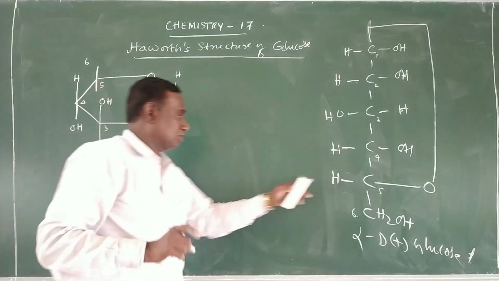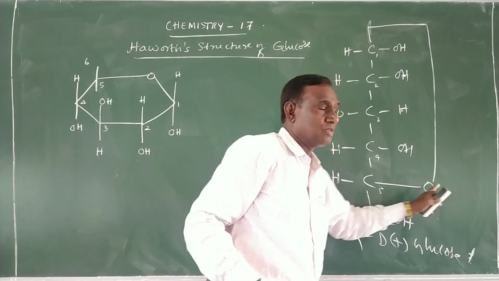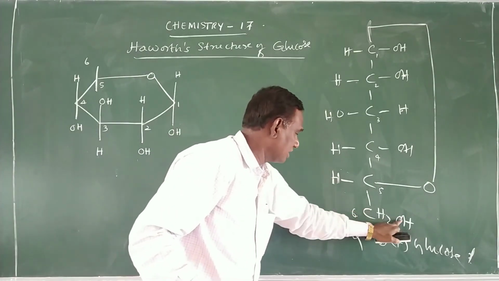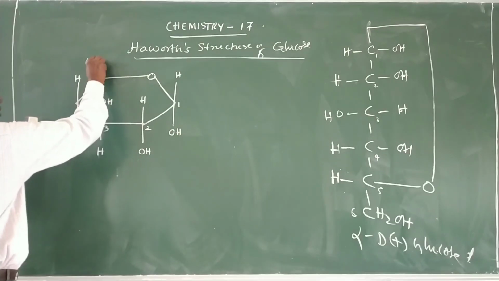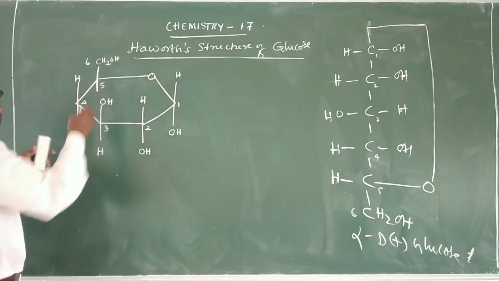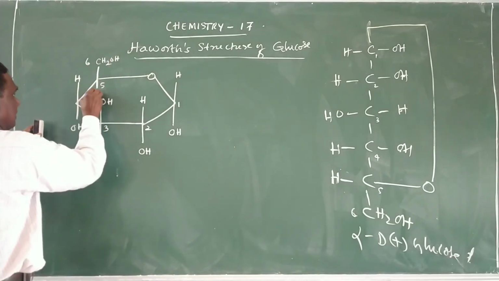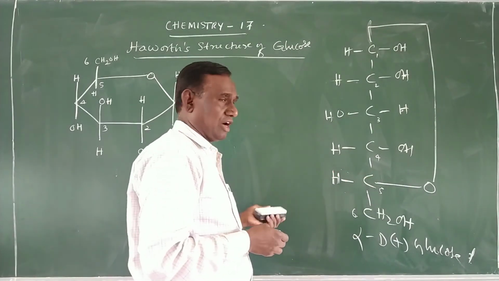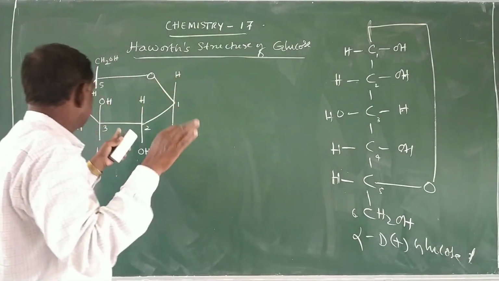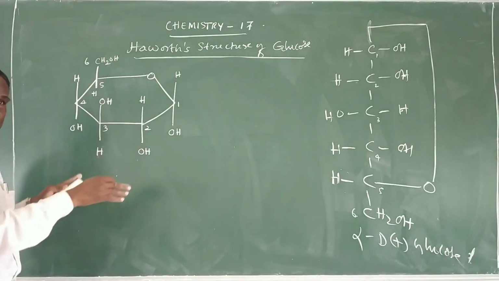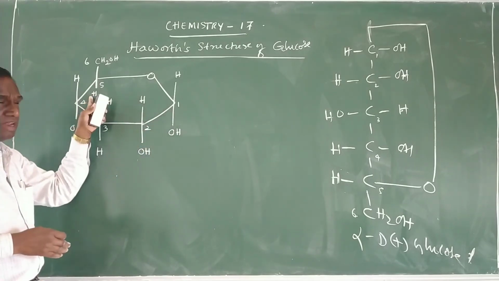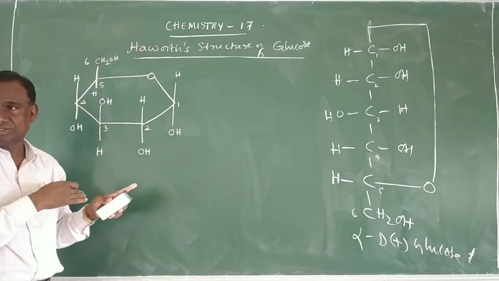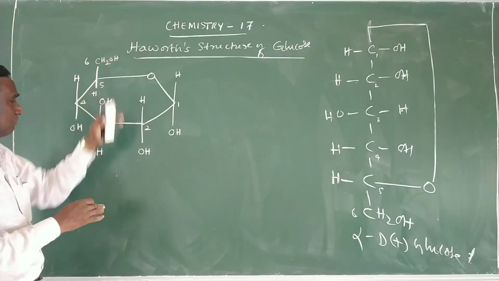And the fifth carbon atom: on the right hand side is the ring oxygen, and then H and CH2OH, with H on the left hand side and the other being CH2OH. Therefore this CH2OH is taken out of the ring, and the hydrogen atom is placed here. Even though it is present on the left hand side, it is placed above the plane. In this case we should not follow that rule. The hydrogen atom should be inside the plane and the CH2OH should not come into the ring, so it is placed outside. That is how we write the Haworth structure for alpha D glucose.